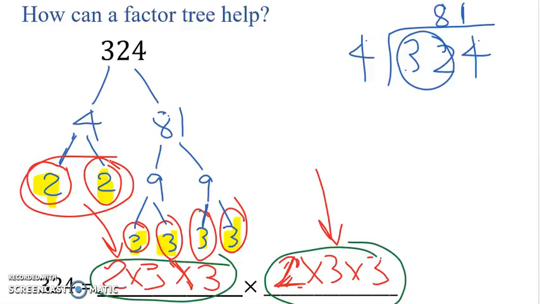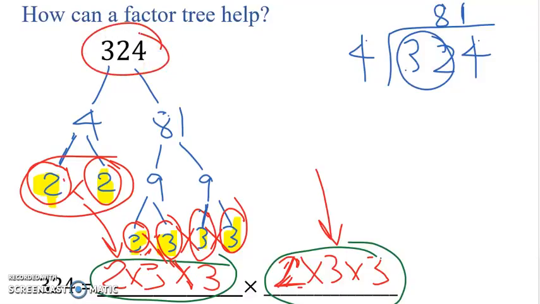I can't do that in my head, but once I've got all the prime factors, then I can look at them and split them into 2 groups that are the same. So it turns out that 2 times 3 times 3 times 2 times 3 times 3 equals 324 using my prime factors. And I want to remind you that when we get to the bottom of the factor tree, these numbers are all joined, if you had forgotten, by multiplication,